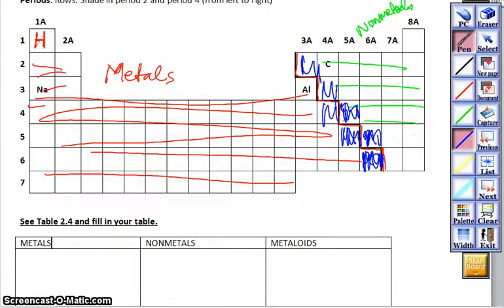Now the metalloids are interesting, this is what we're talking about here. They are in between metals and non-metals in terms of their properties. For example, from a physical perspective, they behave more like metals, but from a chemical perspective, they behave more like